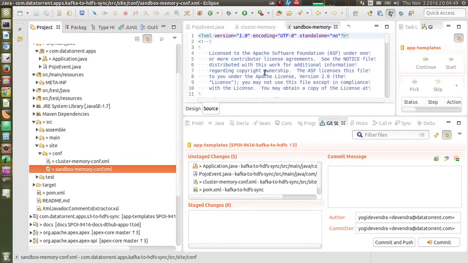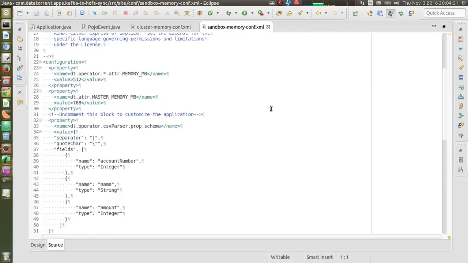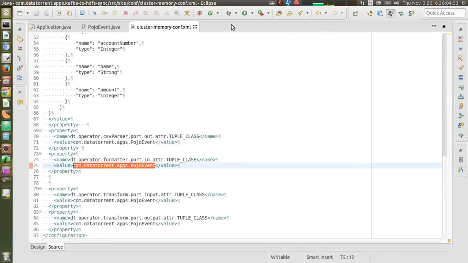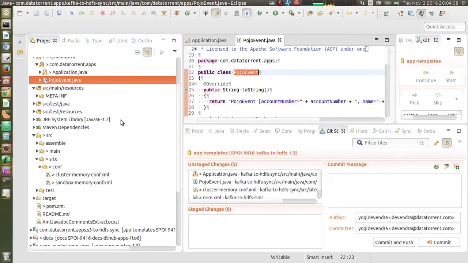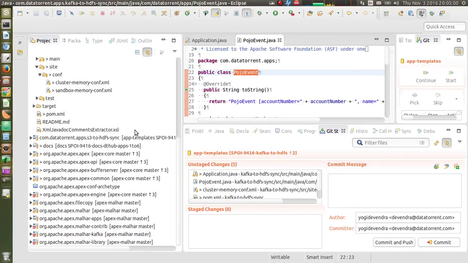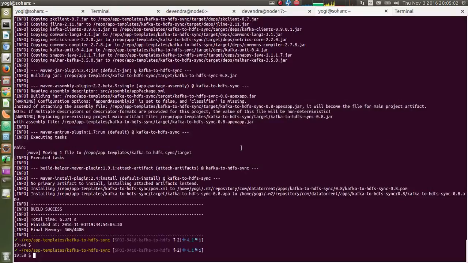Again, similar settings are present for the sandbox environment. Let's try to compile this package. So I'm giving the maven command, which is mvn clean install.